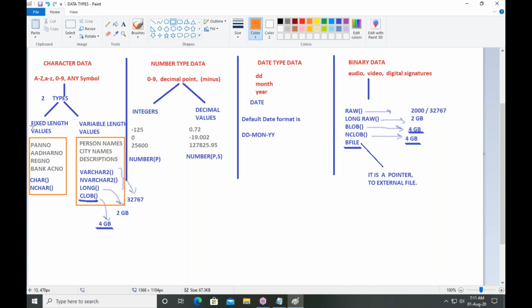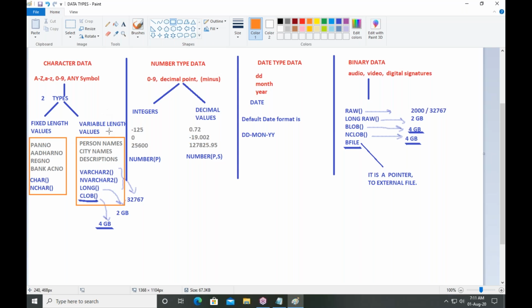See here, fixed length character values and variable length character values. Just now I told you Ajay, Vijay, Krishna, some other names. So these are of different length.